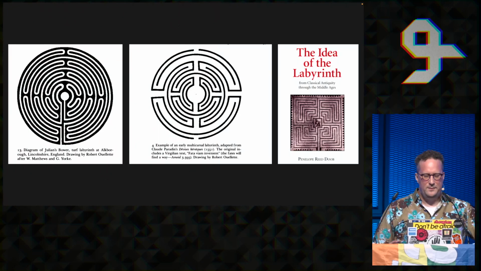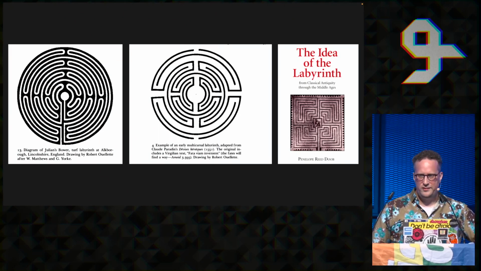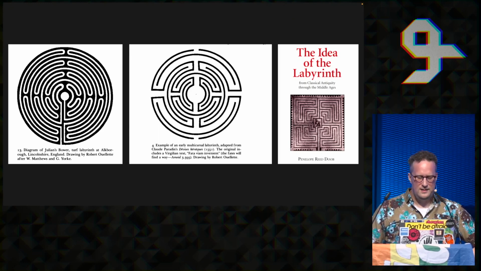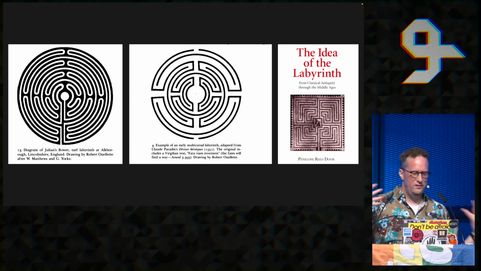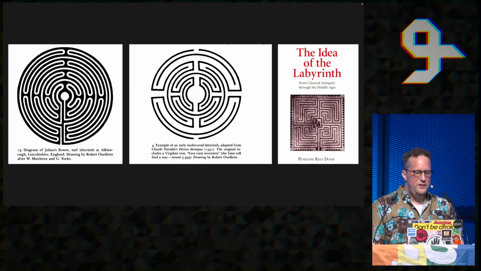Now, there are two different types of mazes: the unicursal mazes and the multicursal. Unicursal are sometimes called labyrinths, and unicursal mazes have no splits. If you follow a unicursal maze, you always end up in the center or the exit, unless, of course, you stop or turn back. But the other thing about a unicursal maze is that if you complete it, you have gone the entire path. You've gone through every path in the maze.